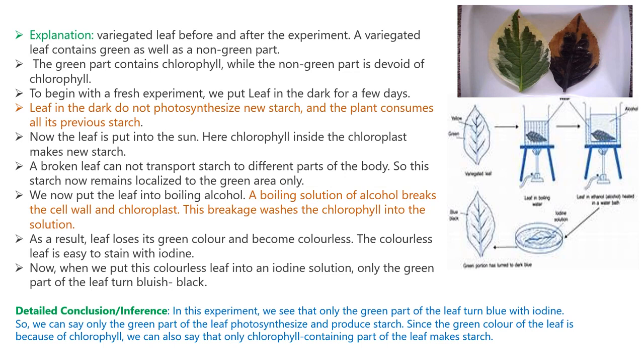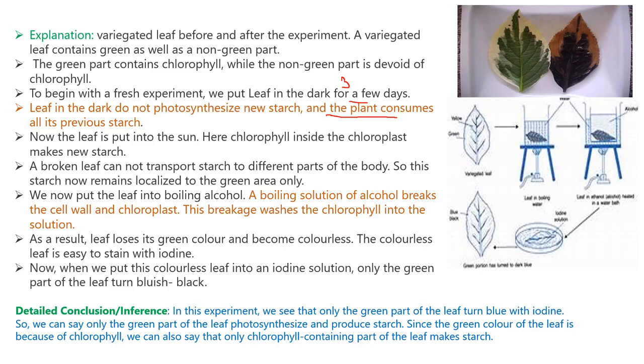Now we confirm that the leaves are free from starch by keeping the plant in the dark for about 3 days. Here you have to write 3 days. In this process the whole starch of the plant will get consumed. Then you again have to keep the plant for about 6 hours in the sunlight so that the leaves can start making glucose, and that glucose will be stored in the form of starch.